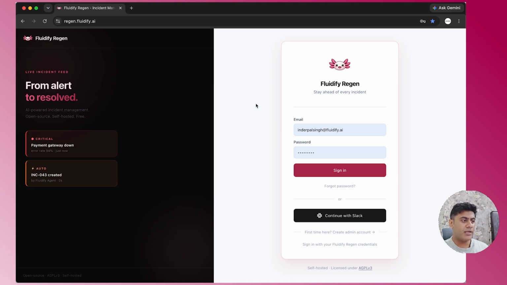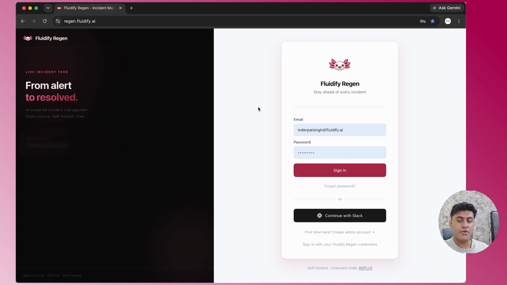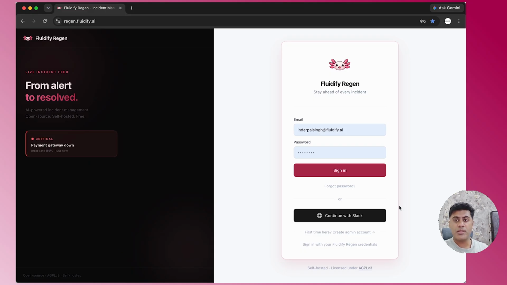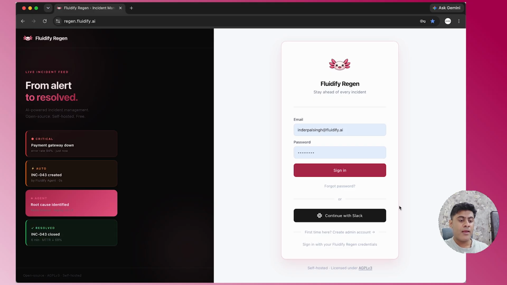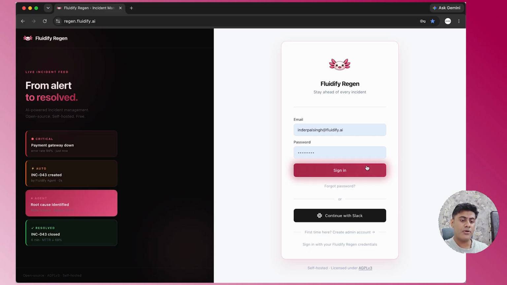So I'm going to jump in directly onto the login screen. Here's the login screen, where you can see there's a continue with Slack option. It provides you with the SSO sign-on option. Also, it comes with Google Workspace, Microsoft, as well as Okta. So these four tools are available which you can use for single sign-on. I already have my password and my email ID configured. I'm just going to go and sign